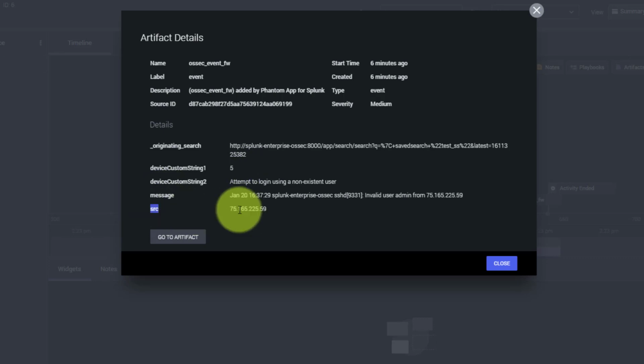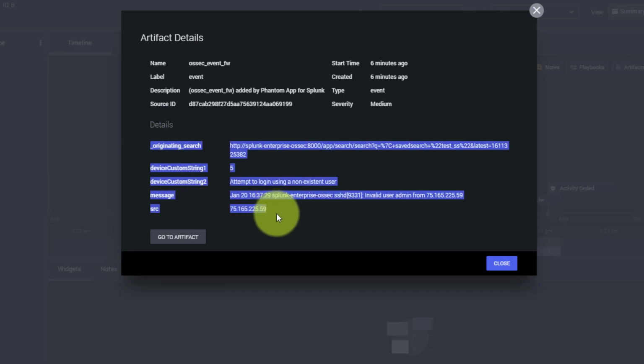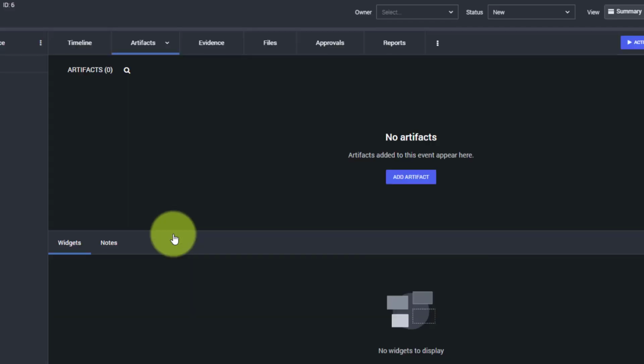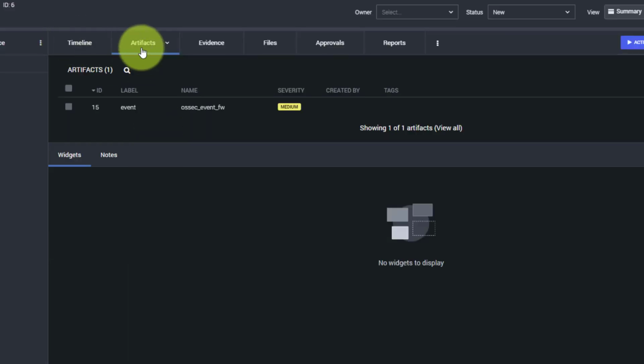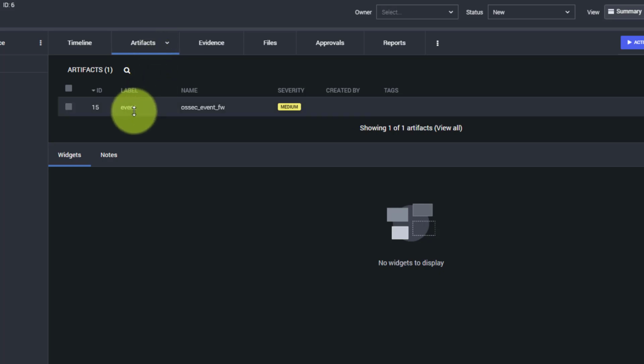These are nothing but the artifacts here, correct? Artifacts are nothing but the container level fields. And if you go to artifacts, after timeline there is an artifact link over here as well, so you can see that event over here as well.